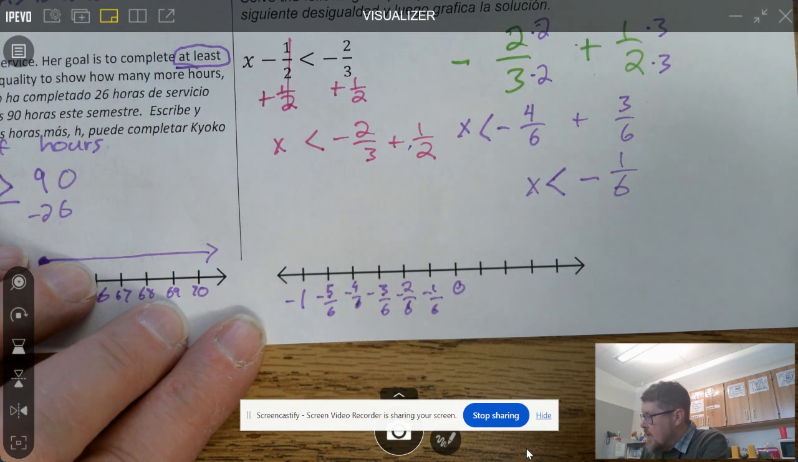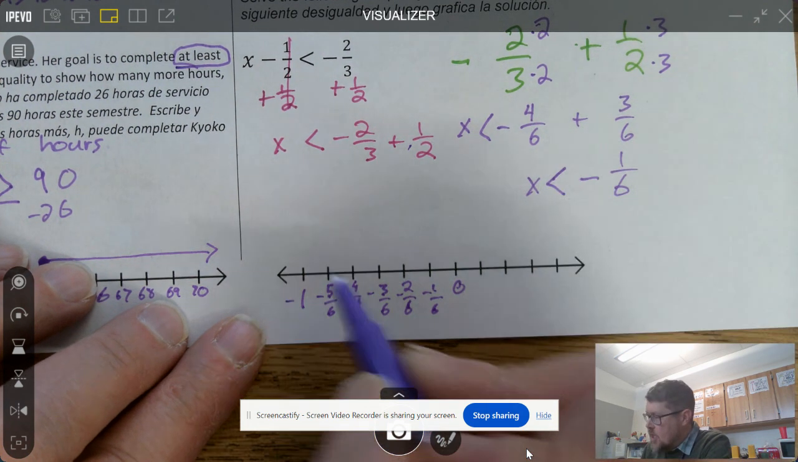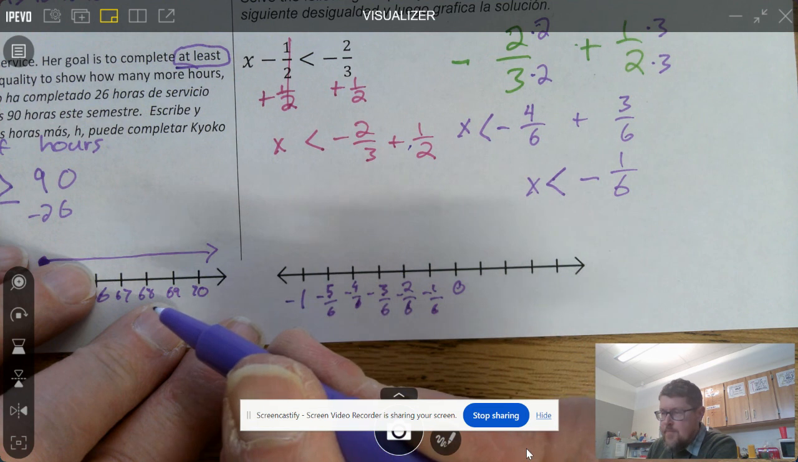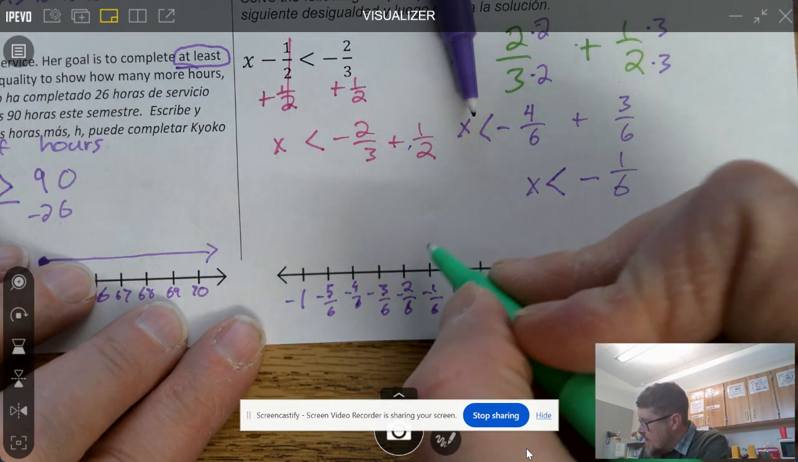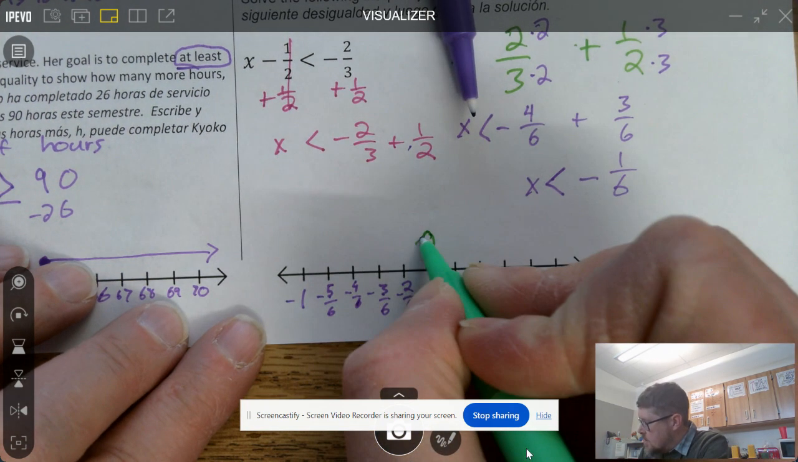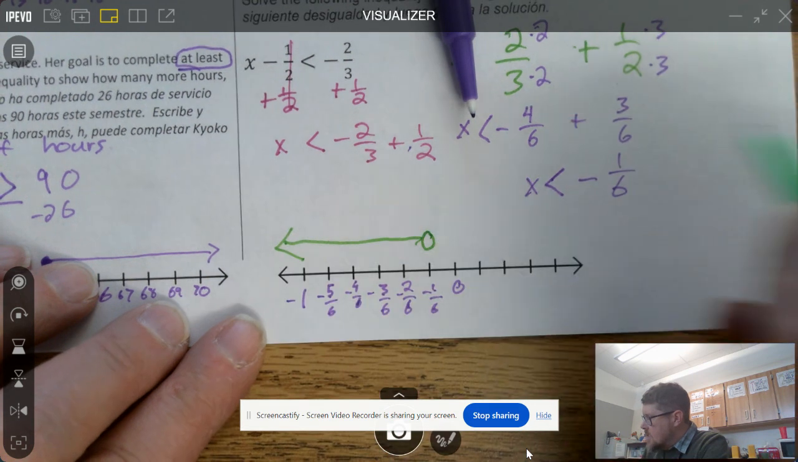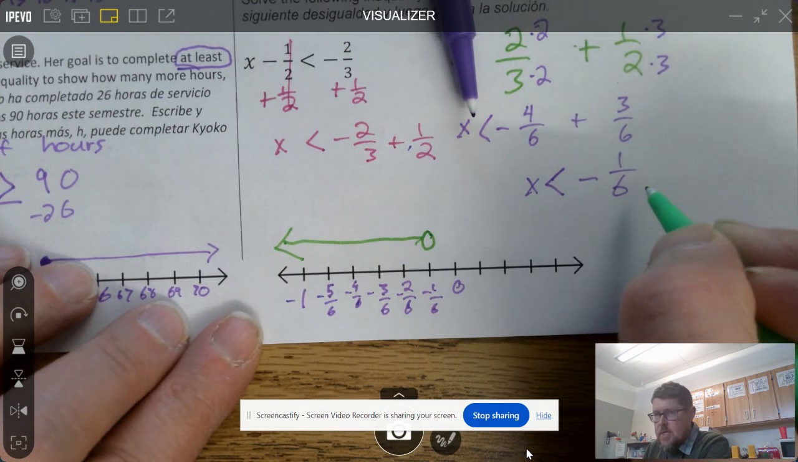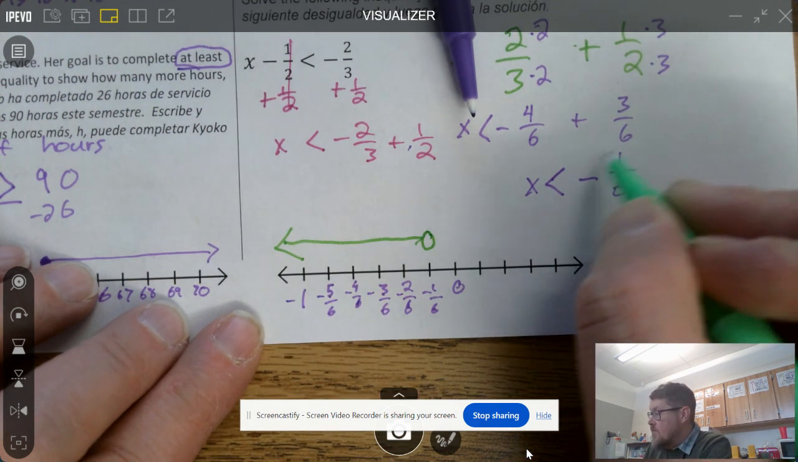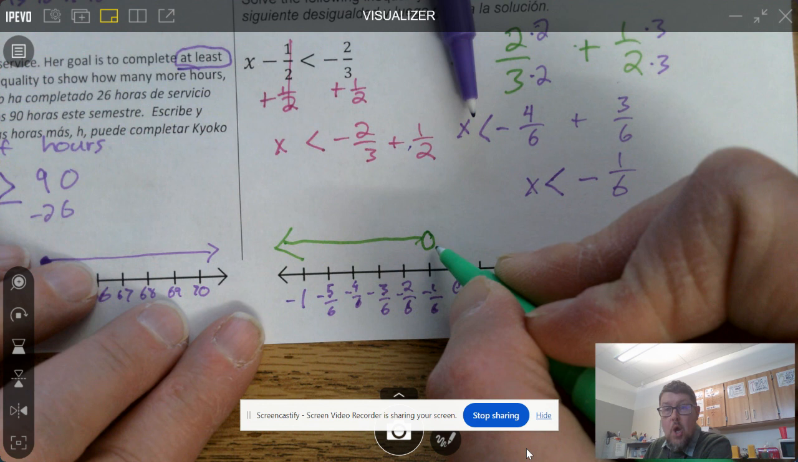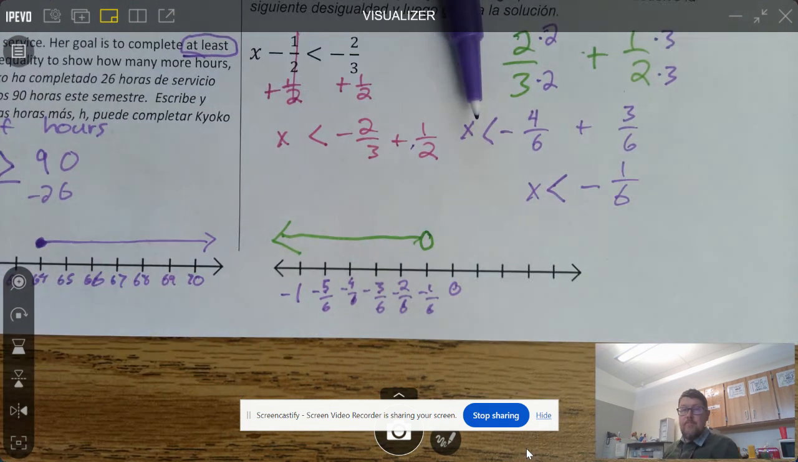0. Okay. And this is less than, so it's going to go this way. Okay. And we're going to be at that negative 1/6. The arrow is going to go this way. And since it's saying it's less than negative 1/6, it does not include that negative 1/6. So we leave that circle open. Okay. There you go,